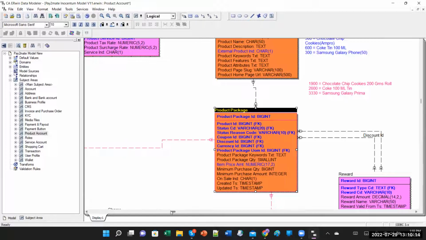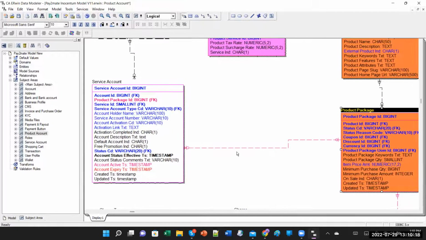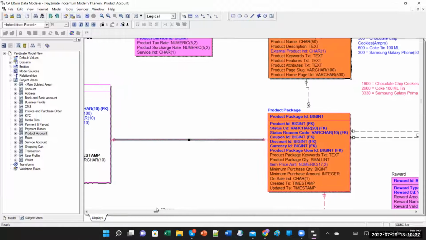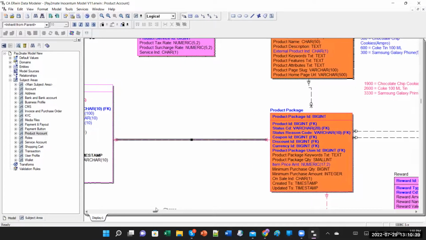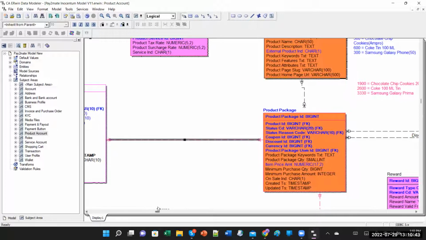Yeah, I do get the idea, but as you are referring to it as a foreign key in the service ID, I was thinking that it should be implemented as a table, product package. But in the file which you have sent me, there was no table like product package and product, so that's why I was confused. Where is it not there? I mean, it is there in the model. Basically, if you